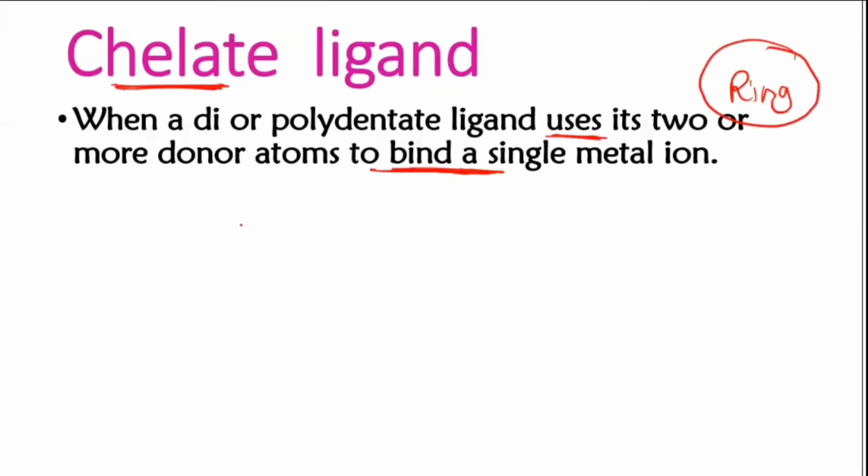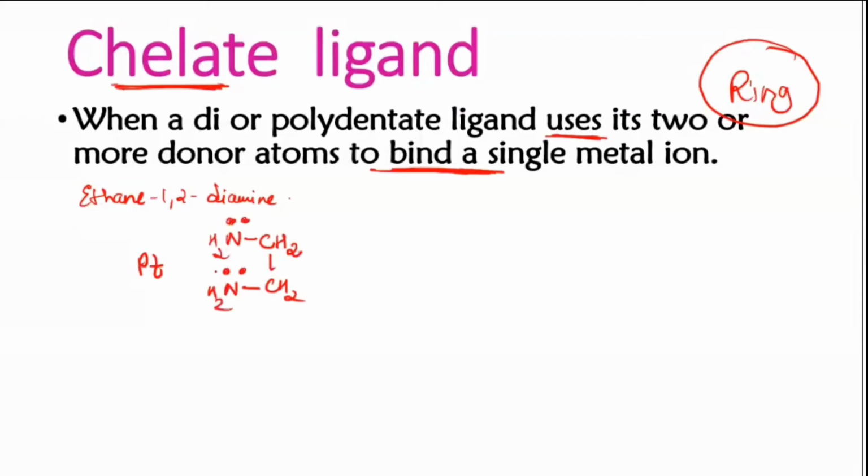For example, ethane 1,2 diamine, that didentate ligand which I gave you as an example earlier. This can be used to chelate with a metal. In case I have platinum as a complex, how will they link? I will write the structure. It is CH2 and CH2 and NH2 group and NH2 group. These are the lone pairs of electrons used for donation. This lone pair will be donated to the platinum metal, and again these lone pairs can be donated to the platinum metal.